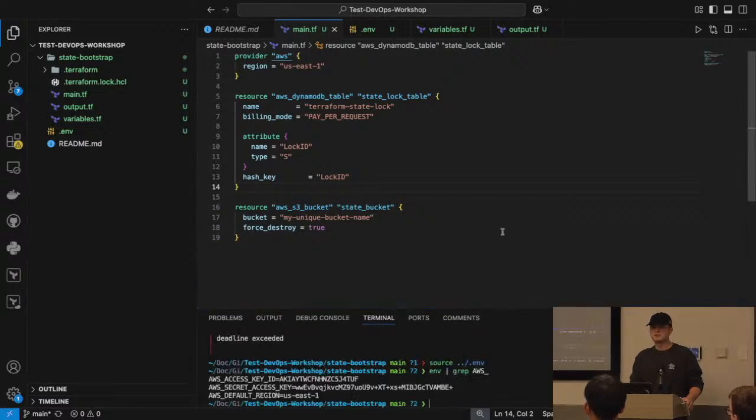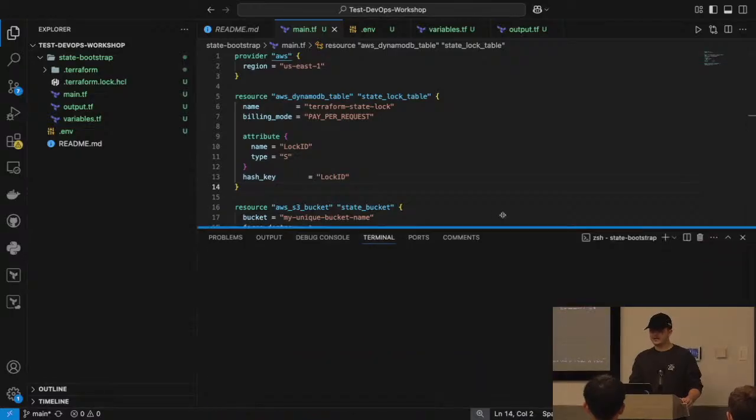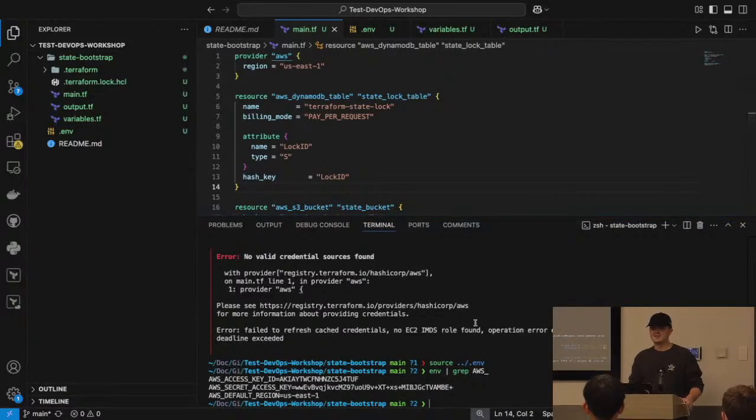Everyone good on what we're doing so far? Does anyone understand why this is very important? And this is also why it's crucial to make sure you have proper permissions in a production level environment, because if anyone were to accidentally leak these keys like I just did right now, they can pretty much do whatever they want to all of your infrastructure.